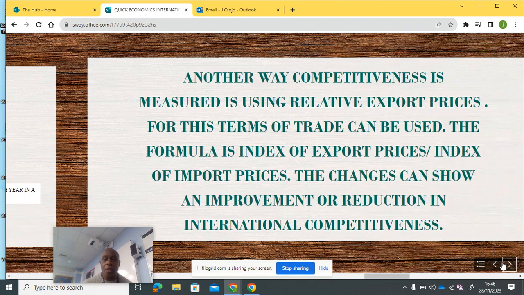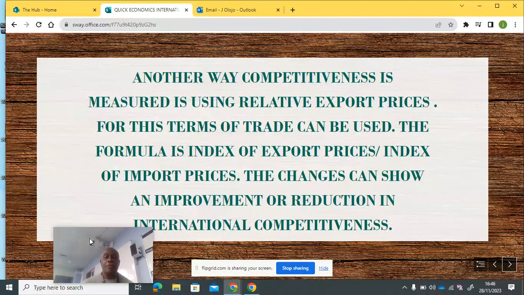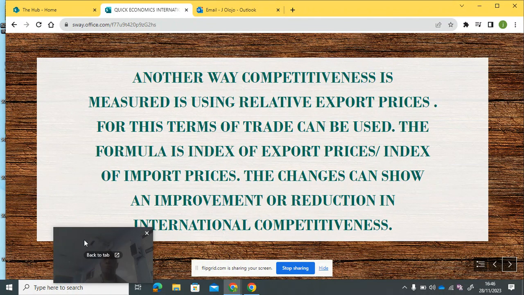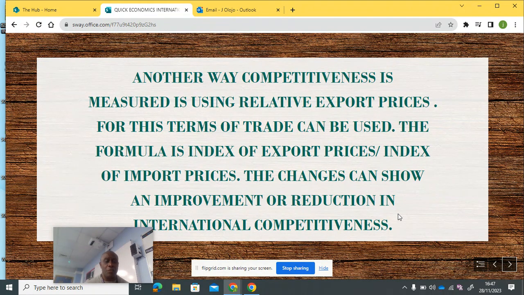Okay. Another way of measuring competitiveness is using relative export prices. For example, terms of trade. Terms of trade can be used. The formula is index of export prices over index of import prices. Any change, guys, can see an improvement or a reduction in international competitiveness. So any change in the relative export prices can show an improvement in competitiveness or maybe a reduction in competitiveness. So you need to look at the results